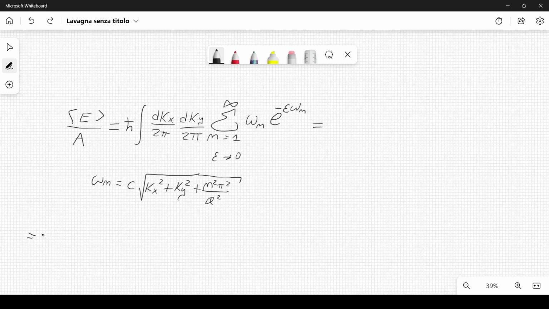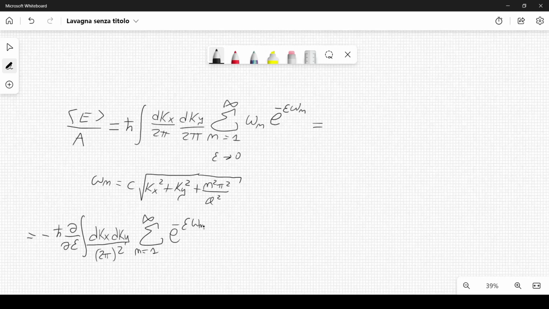So we can write it as minus h bar d over d epsilon. Then here we have integral dkx dky divided by 2 pi squared, summation over n from 1 to infinity, e to the minus epsilon omega n,